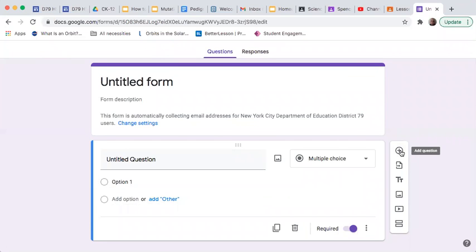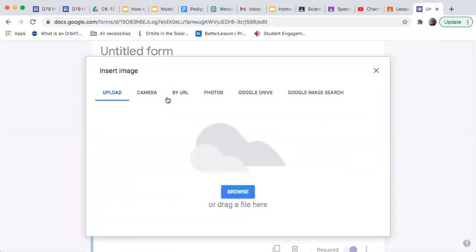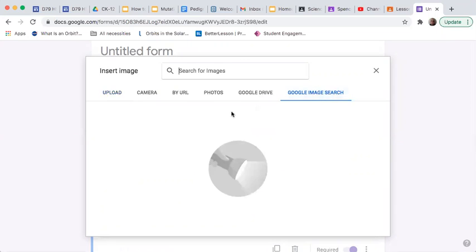And as you go, you add a question by pressing the plus button here. Let's say you're doing a DBQ for science, social studies, or even ELA. If you want students to analyze an image, you click here, add an image. You go to your browser, or you can search an image. So if you want them to evaluate or go over,